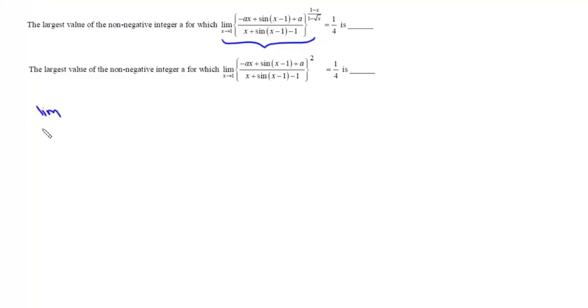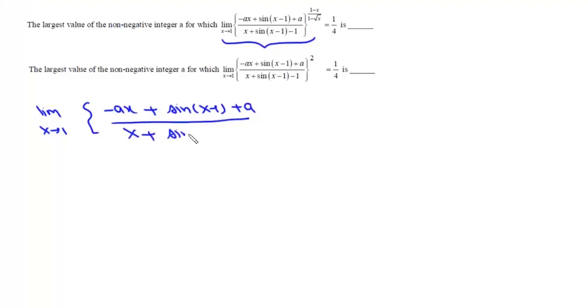We have to find this limit x tends to 1 of minus ax plus sine x minus 1 plus a, divided by x plus sine x minus 1, whole to the power 1 minus x upon 1 minus under root x. And it is given that it is equal to 1 by 4. Now what we'll do is we'll take this a together, and here we'll take this 1 and x together. So we can write this as limit